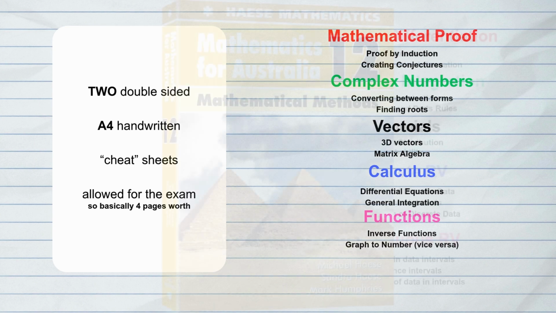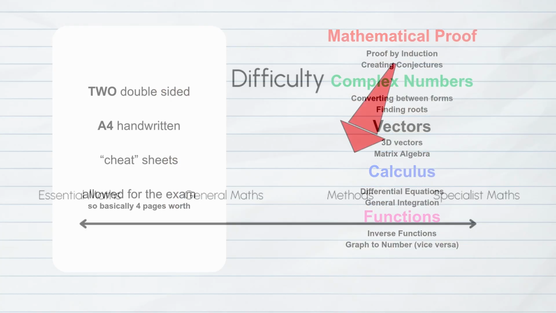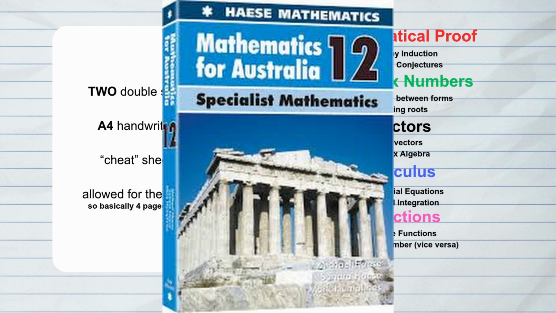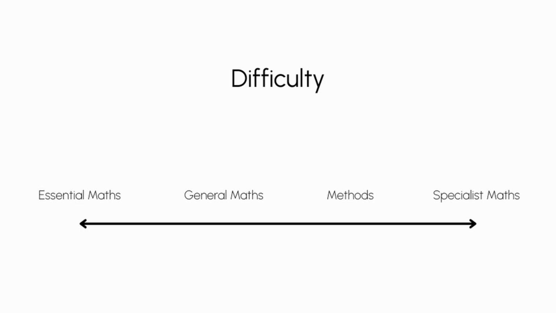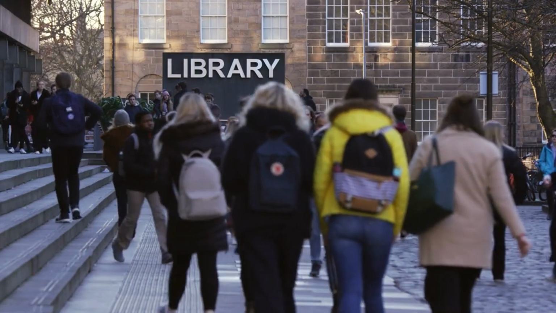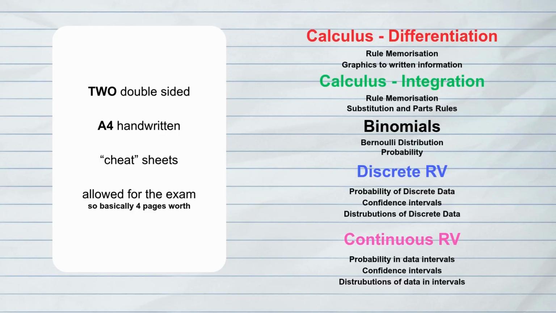So I already made a video going over the cheat sheet you might make for the mathematical methods exam, but there's obviously the second mathematics you do, specialist mathematics, which is like the US AP Calculus BC or Physics C, whatever you want, but it's the hardest, or so-called hardest, mathematics. It's mathematics you need to do any sort of engineering or anything in tertiary university, in the last year of high school. So again, you get 4 sides of an A4 page,